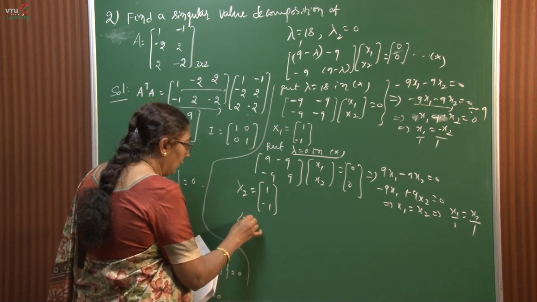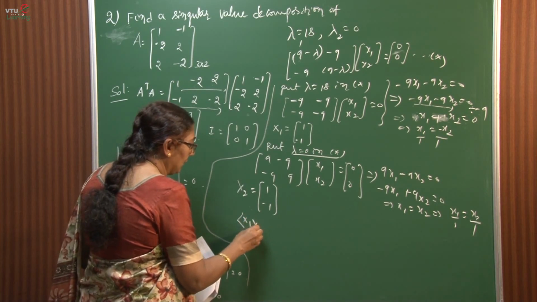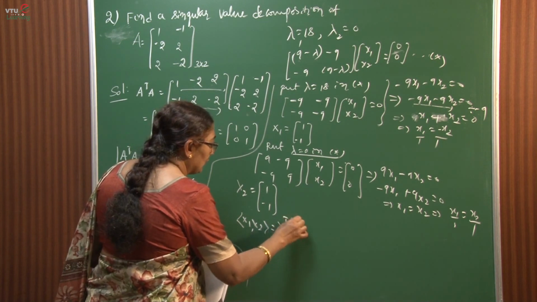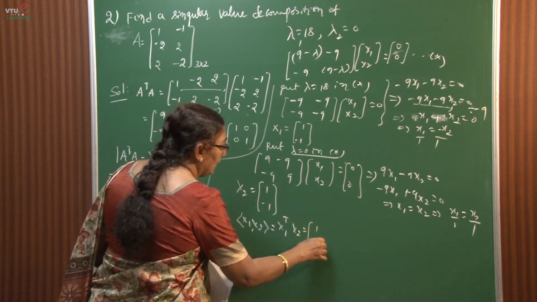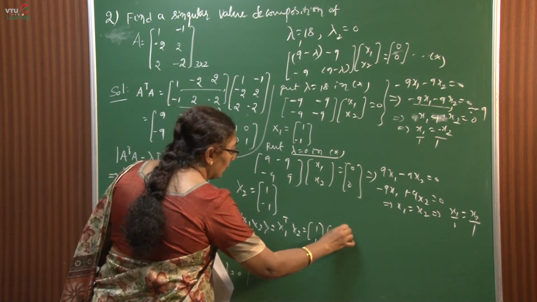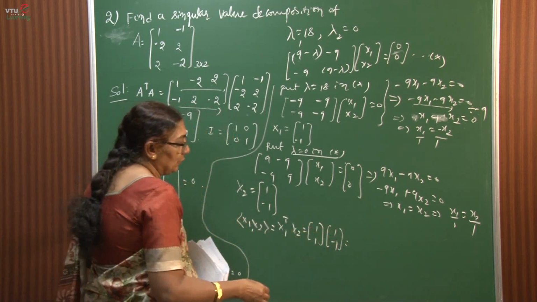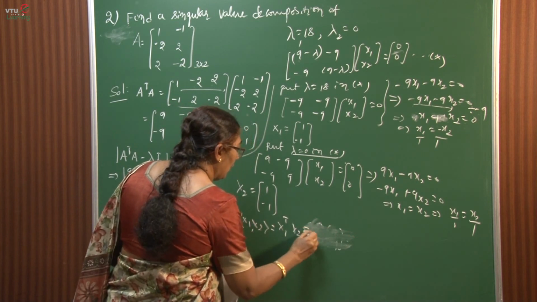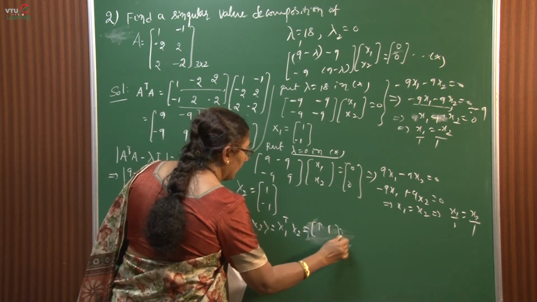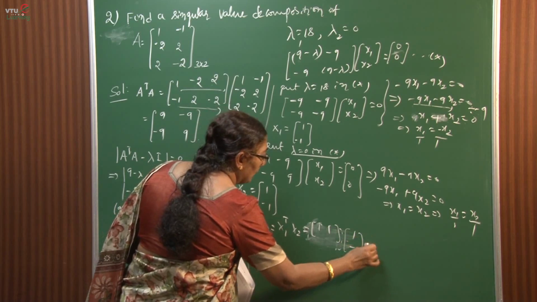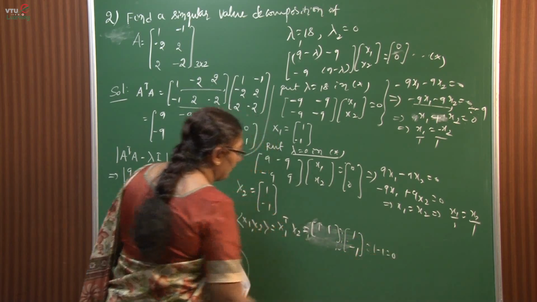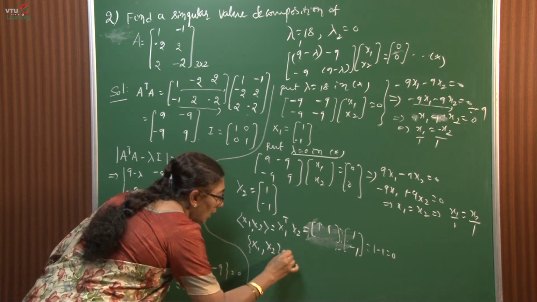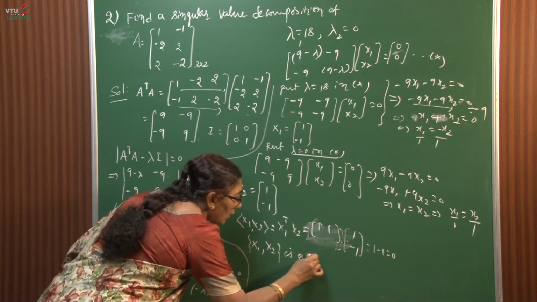And then verify: the inner product of x1 comma x2 is nothing but x1 transpose into x2. x1 is 1 1, x2 is 1 minus 1. What we get actually? Transpose means this becomes a row, 1 1, and the other one 1 minus 1. Simplify that, 1 minus 1 is 0. Therefore, the set of vectors x1, x2 is an orthogonal